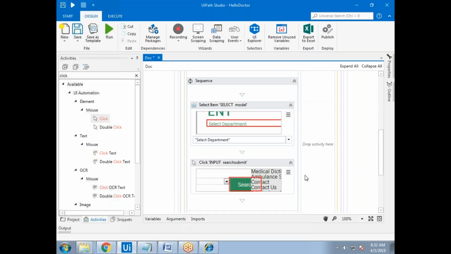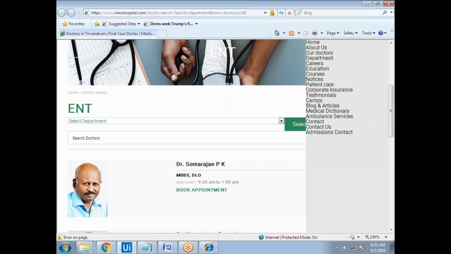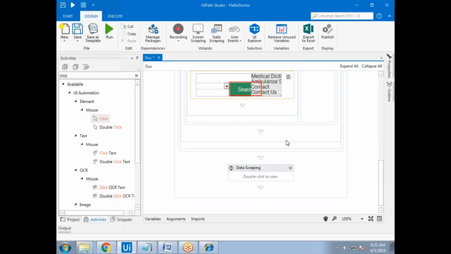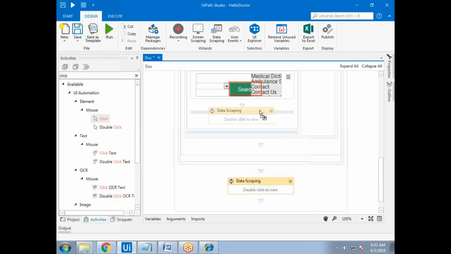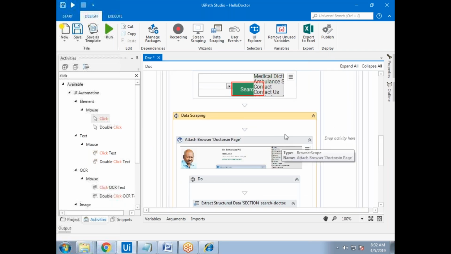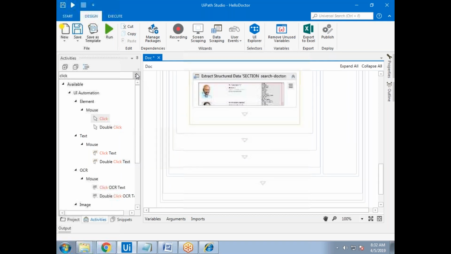Yeah, same thing for the click activity also, because we are out of a browser attached or the open browser only, that's why. Okay, after that just drag this one. So it's data scraping. Once the data is scraped, so what we have to do, so we have to